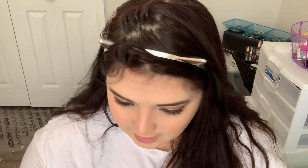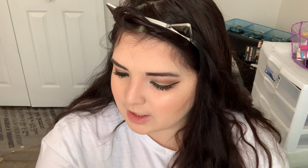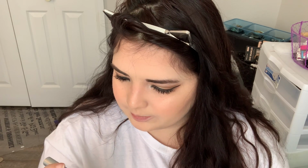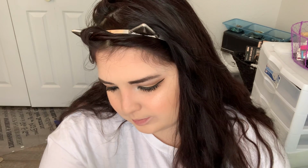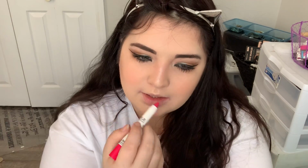Okay, and now the last step, which I kind of didn't think through very well, is lips. I have a bright pink lip to try. This is by Trifle Cosmetics. This is the Cream Bar. It's a creamy matte lipstick in the shade... I don't know. Does it not have a shade? Cream Bar might be the shade name. I don't know. But it's like a hot pink, so...